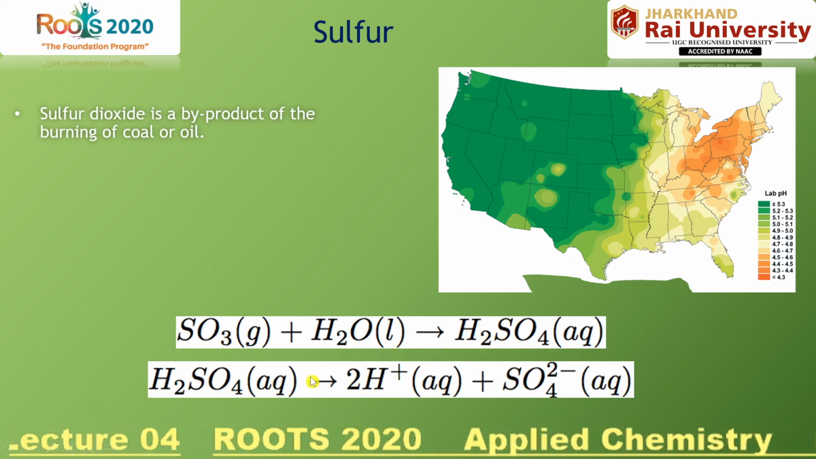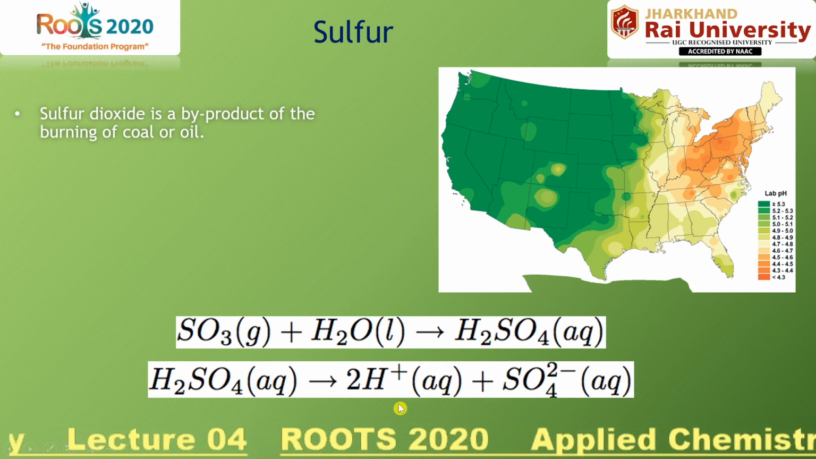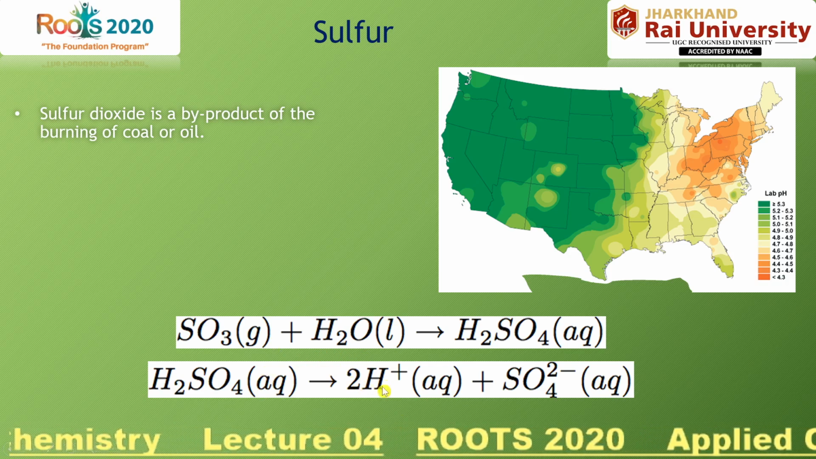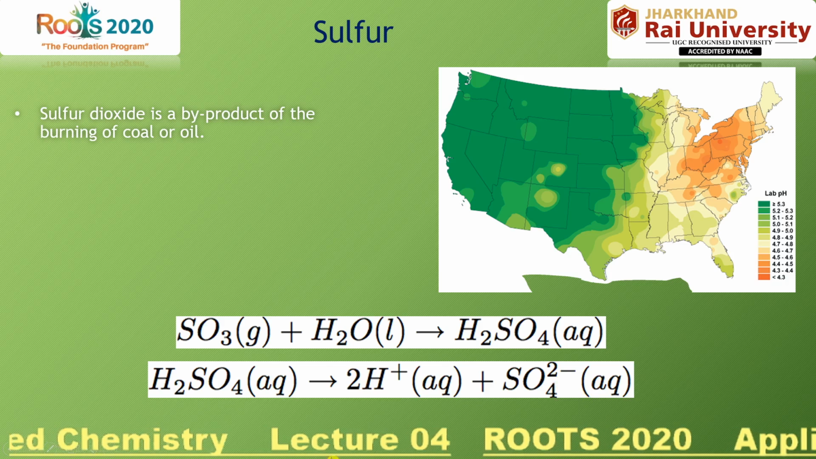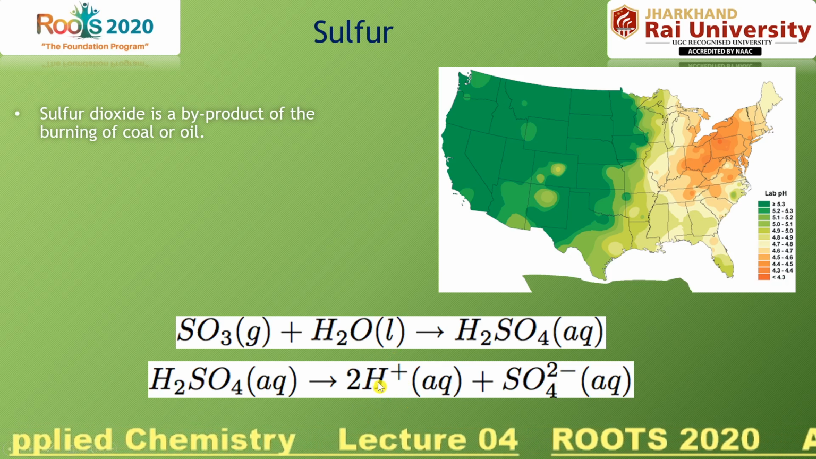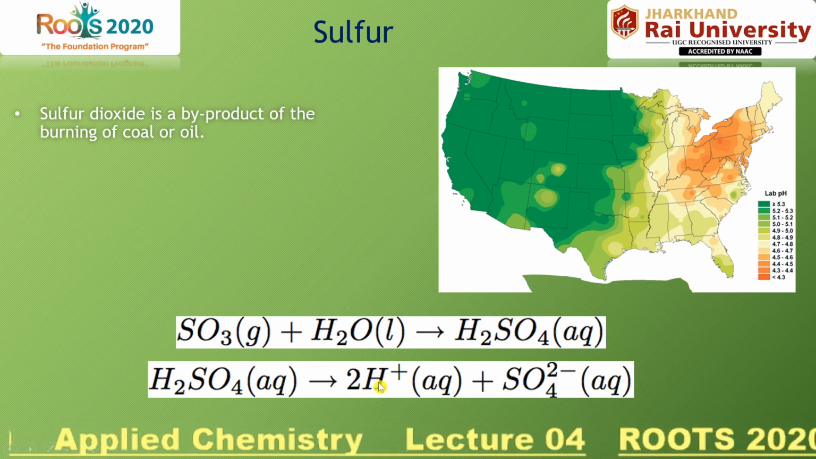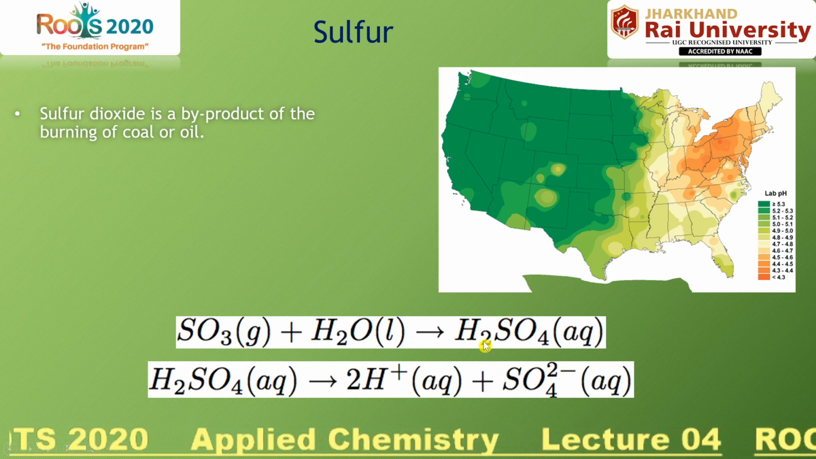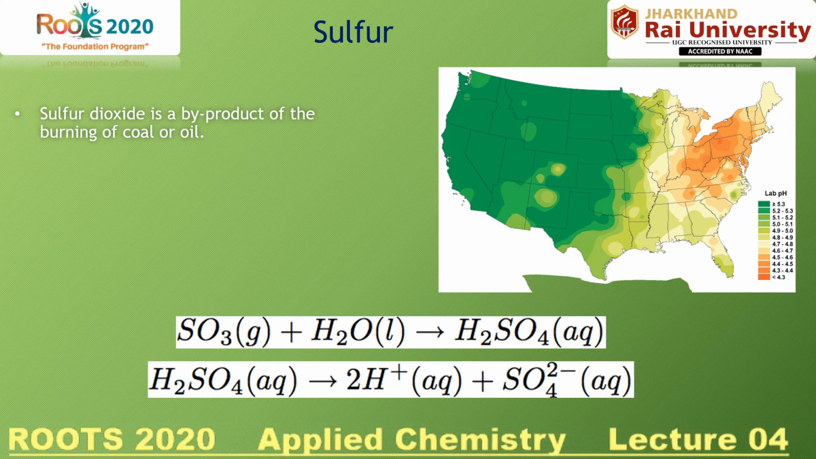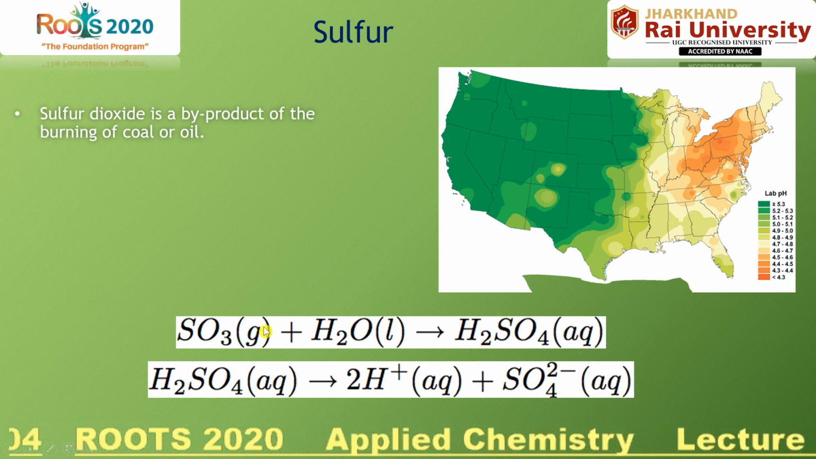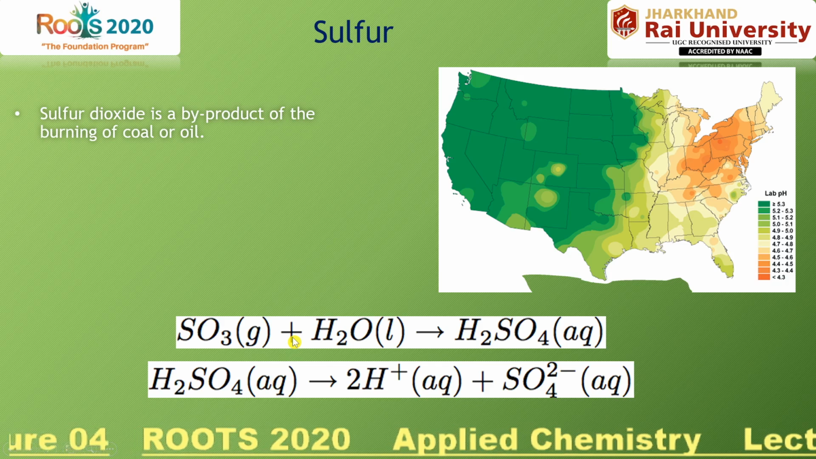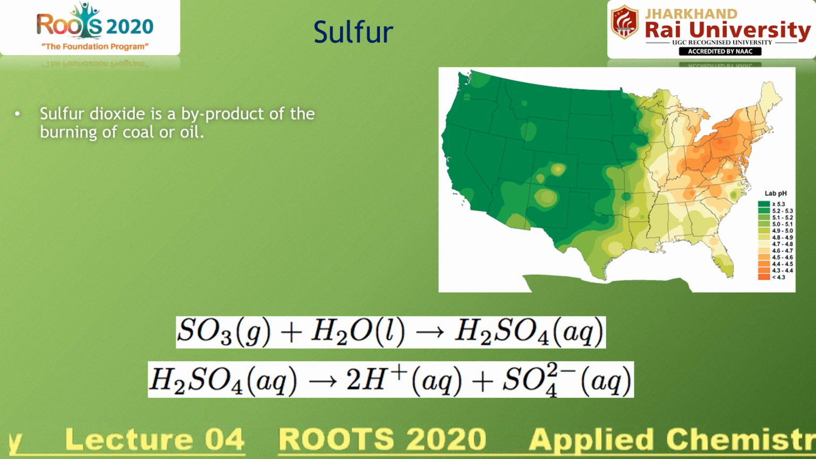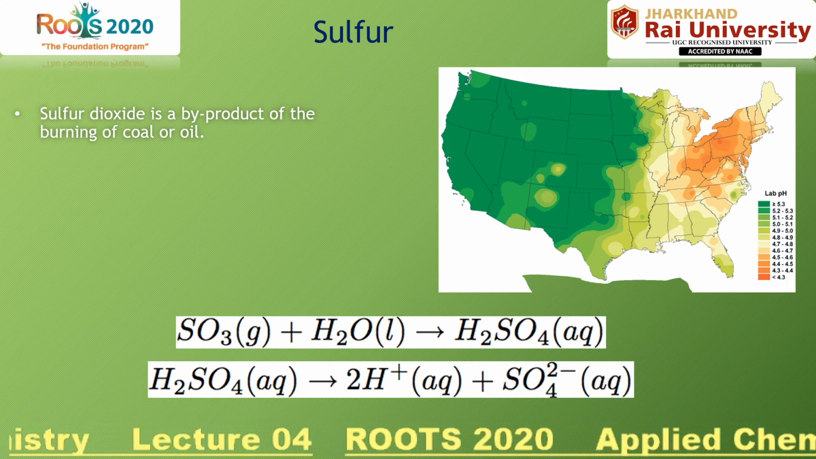And sulfuric acid is an acid we have discussed already in our acid-base chapter, that it can split into H+ and SO4 2-, as it gives H+ ion in aqueous solution. So this is the acid, and during rain, sulfur trioxide reacts with water and forms sulfuric acid, and sulfuric acid is responsible for acid rain, and it destroys all the monuments